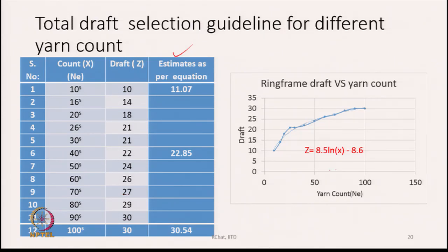Now, if we put these values on this graph and try to fit a best fit line, then we can see that the trend line can be shown as z equal to 8.5 ln x minus 8.6. That is, this trend of the points on the graph can be described by this empirical equation, where z indicates draft and x indicates count in Ne. So, z equal to 8.5 ln x minus 8.6, and if we use this equation to predict the corresponding draft,